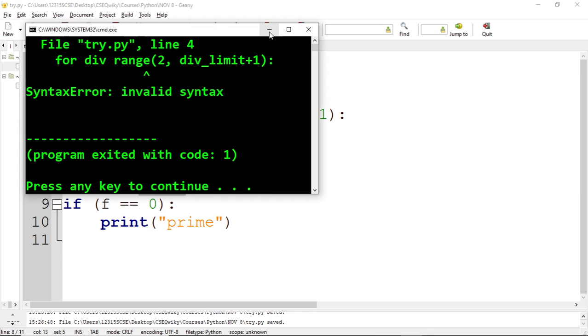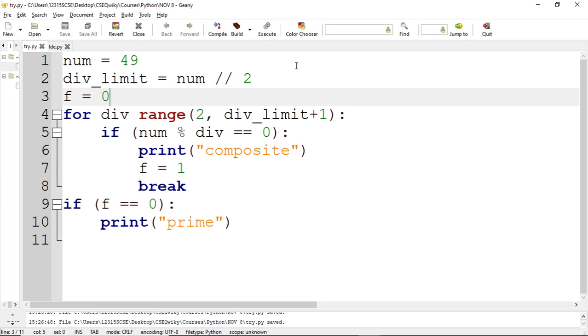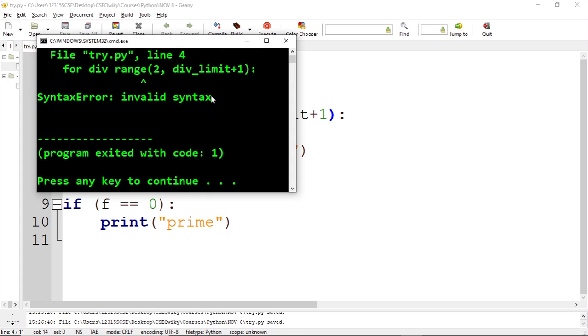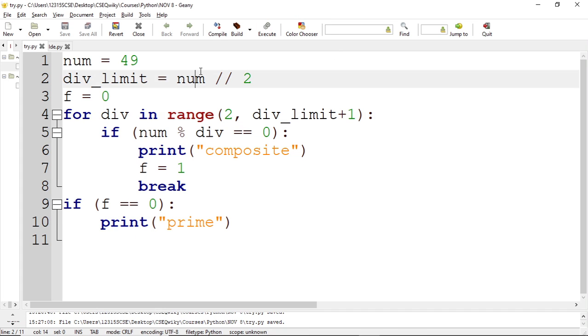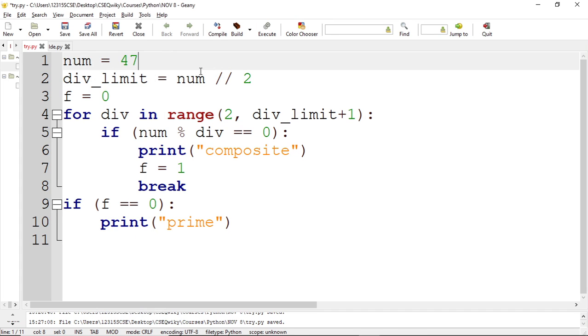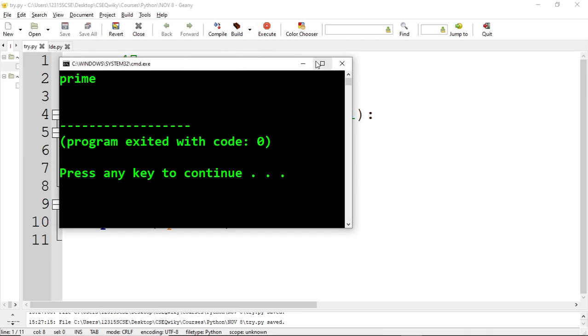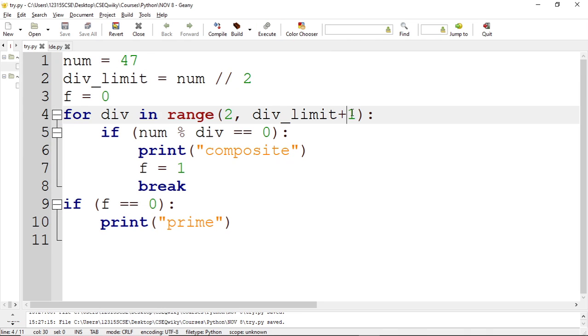So in this case we'll just range, you just have to give the keyword div in range. Okay, so it prints composite. If I give 47, it should print prime. So this way we can use the range function to generate a list of divisors. And if I want to show one more example with a string,